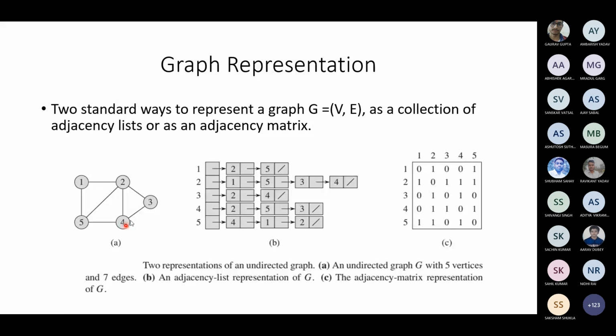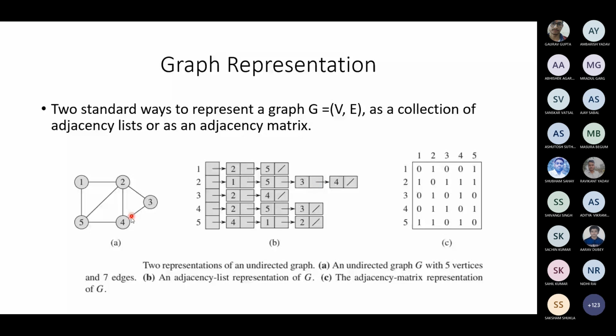So this is a simple undirected graph. Now we are representing it in a linked list. Node 1 has 2 links: it is linked to 2, and 1 is also linked to 5. So node 1 has the links 2 and 5. Node 2 has links 1, 5, 4, 3. So 1, 5, 3, 4; this order could be in any way, that still makes an edge. Node 3 has 2 and 4.